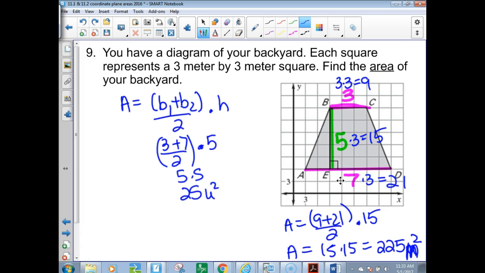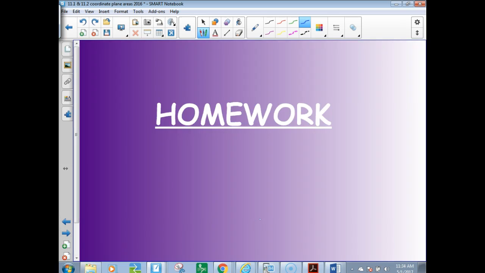3 by 3. So the easiest way to remember what to do to get the correct answer would be to convert your dimensions, by doubling them, tripling them, whatever it says each box is worth. So this would be multiplied by 9 to get the actual 225 square units. Okay, you have some problems you need to practice. Once you get started on that,